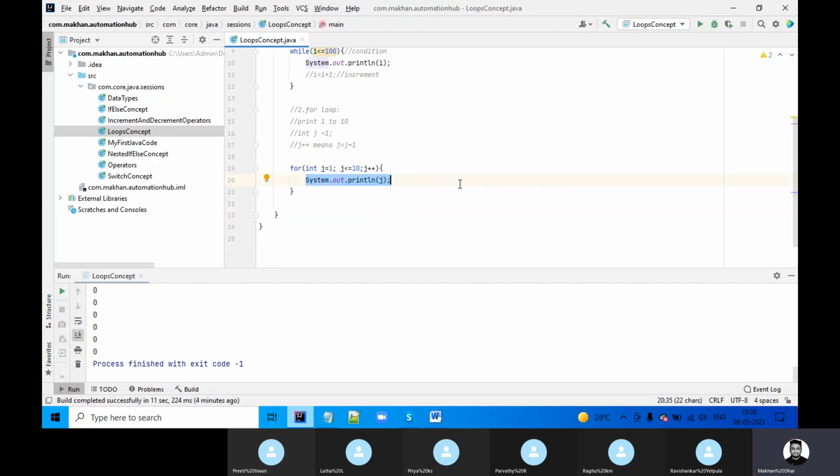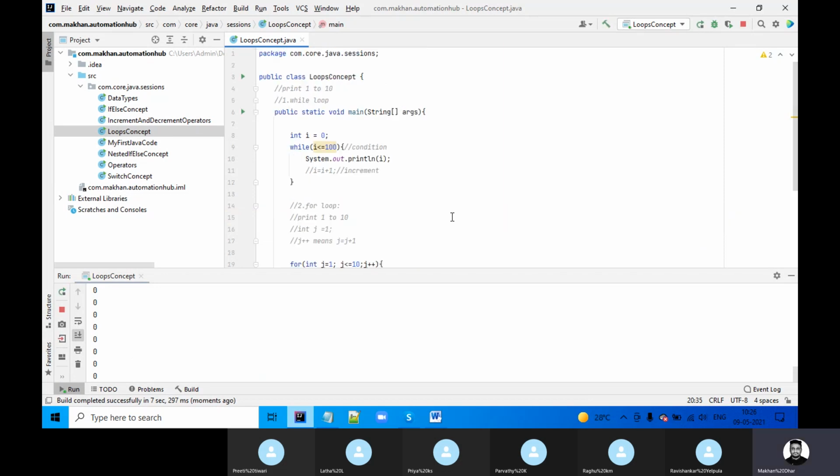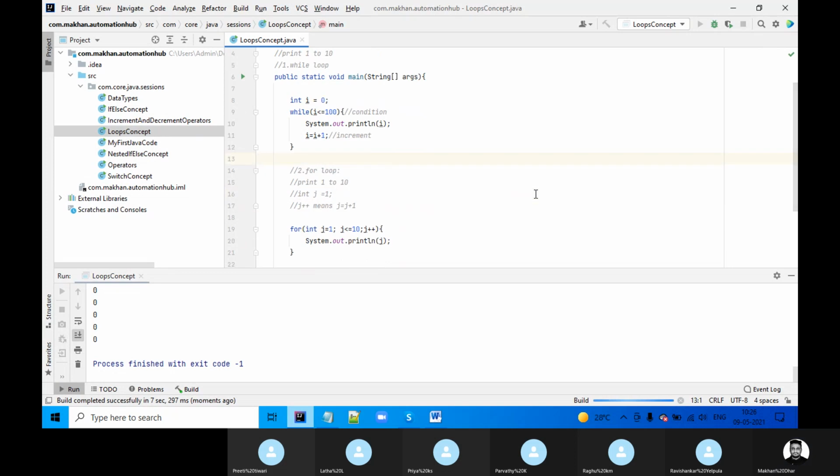Now let's run. I have commented the first one, so I will get output for both i and j.